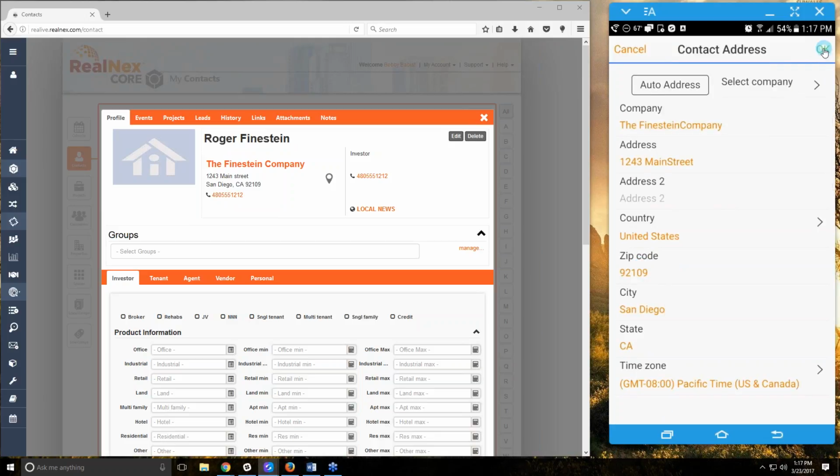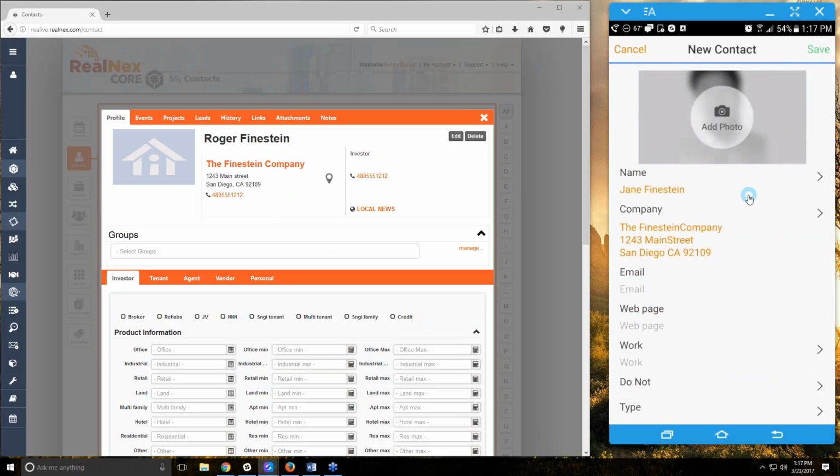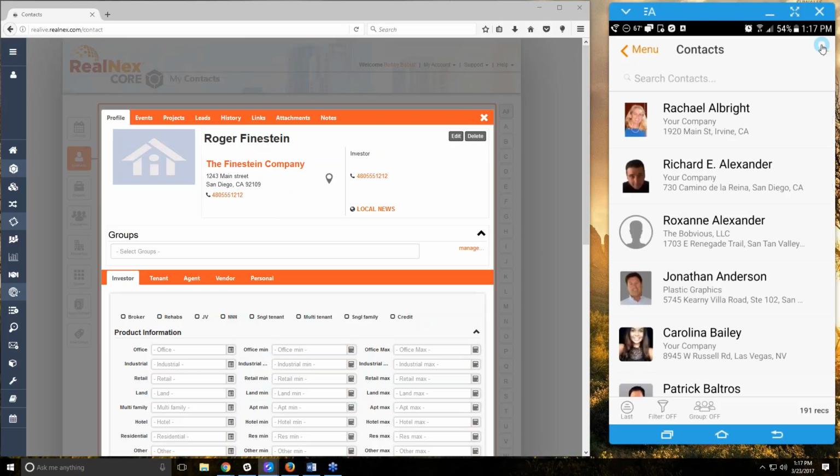Okay, so we'll go ahead and hit OK now, and save. So the automatic company creation is not set up yet on the app, so I wanted to show the differences there. That is something that is coming, but basically with everything we're having to write this from the ground